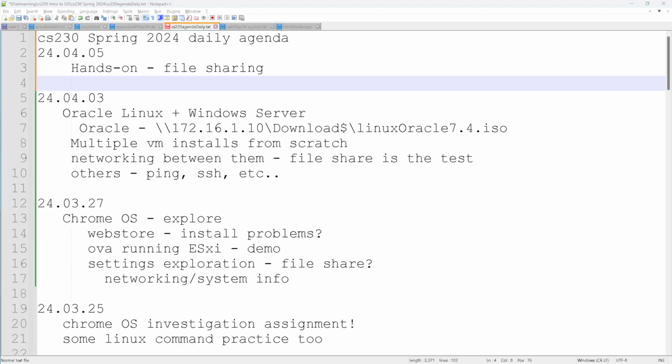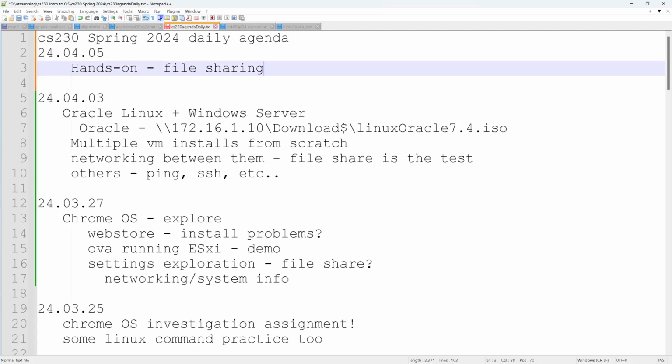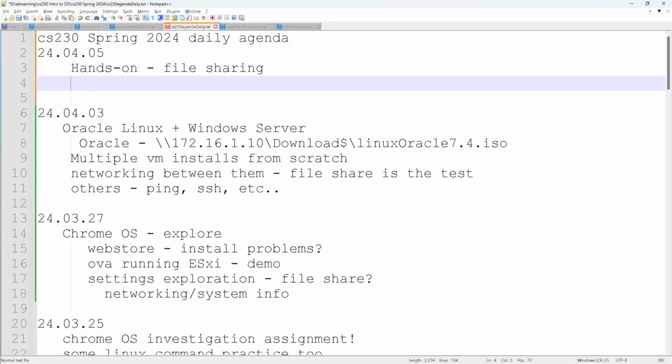Like doing file sharing is because it makes you exercise a lot of knowledge that you should already have, and if you don't remember, it helps you review that. Because you need to know networking, you need to know some OS for checking to see file permissions, and sharing. And on the Linux side,